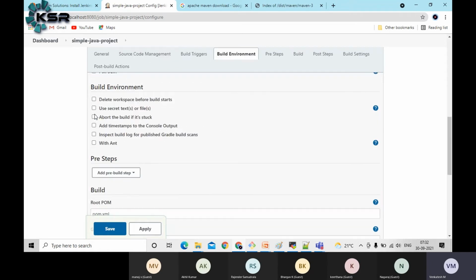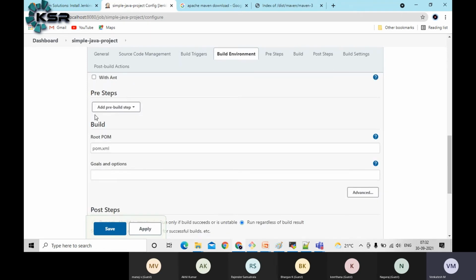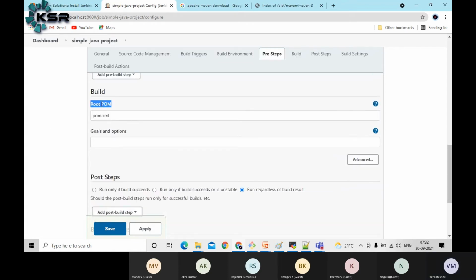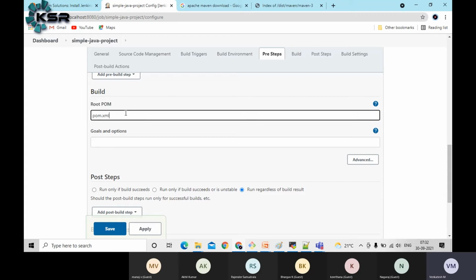Similarly, you have a lot of options here. Since this is a Maven based project, you can see the build option as the Maven root POM. All the details regarding the application are going to be stored in the pom.xml file. The DevOps team won't change this frequently. Majorly, the development team will share the pom.xml. From our end, we should be aware of what it will do. Some basic knowledge we should have.